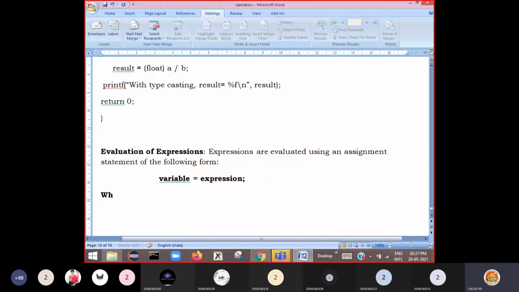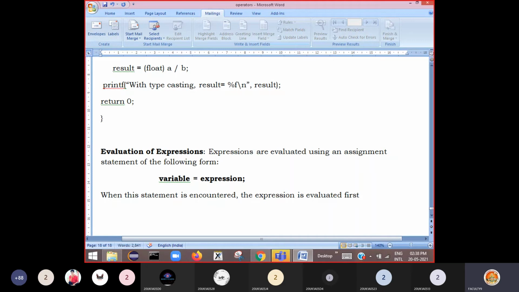So when this statement is encountered by the compiler or the computer, the expression is evaluated first.